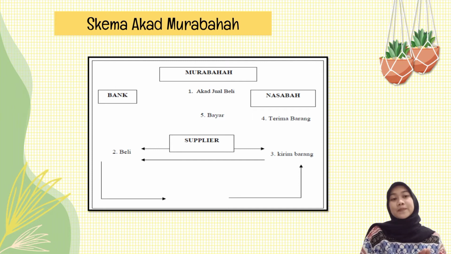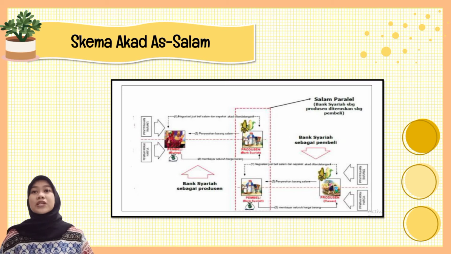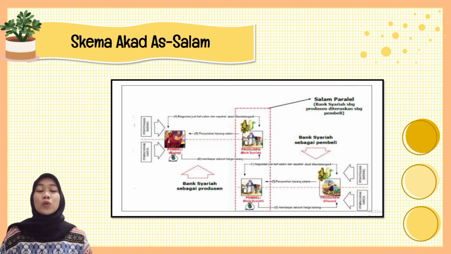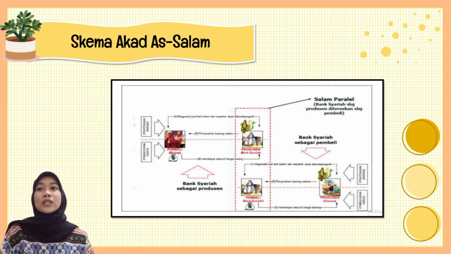The second, Salam contract scheme. Explanation of the flow of the Salam contract scheme. Number 1, negotiation with an agreement between the seller and the buyer regarding the transaction to be carried out. Number 2, after the contract is agreed, the buyer makes payment for the desired goods in accordance with the agreement